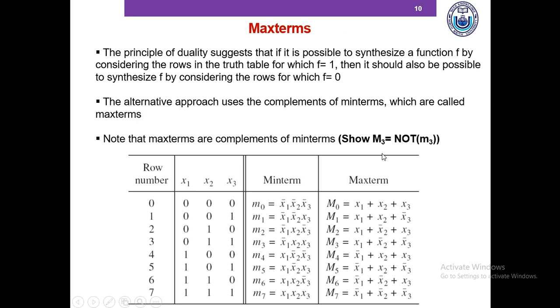Okay, minterms are a good way to synthesize a circuit using sum of product expressions, but there is another way of doing it. The principle of duality suggests that if it is possible to synthesize a circuit f by considering the rows in the truth table for which f is equal to 1, then it should also be possible to synthesize f by considering the rows for which f is equal to 0. So this gives us an alternative way to design digital logic circuits